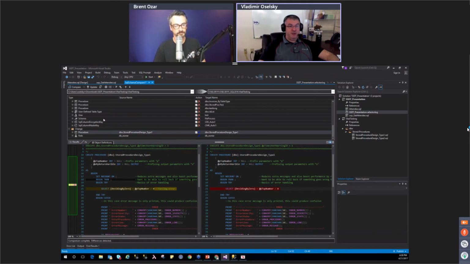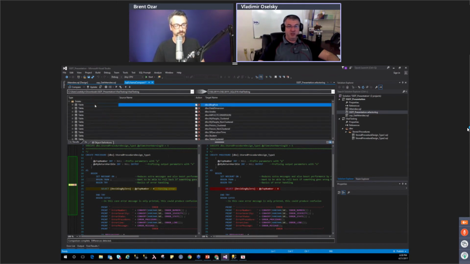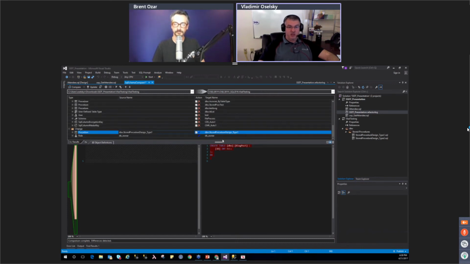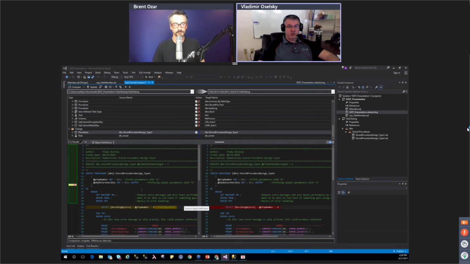And you get this nice little graphical interface of what happened. Oh, I have more tables in my target than I have in my project. So we can drop them. We have a change, and we know exactly what the change was. So for those of us that don't have Redgate tools and schema compare, we can use tools that are available to us. If somebody has Visual Studio as part of the products they already use, this is some of the things they can do without trying to buy extra tools.